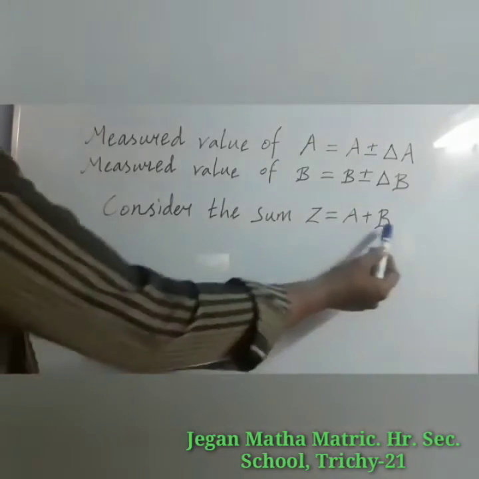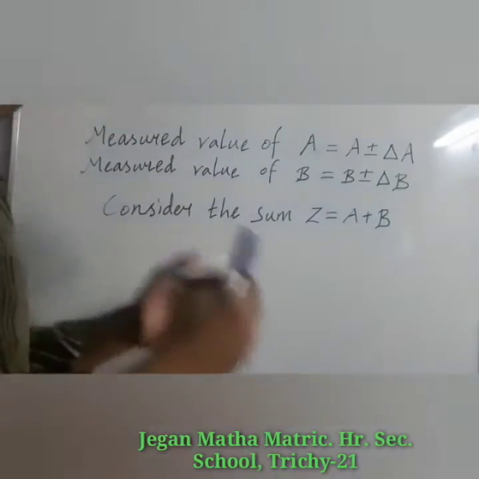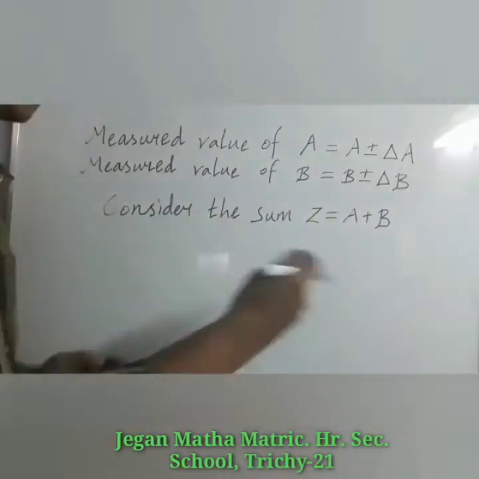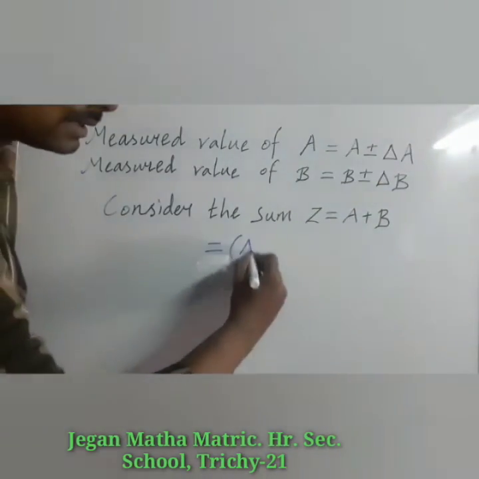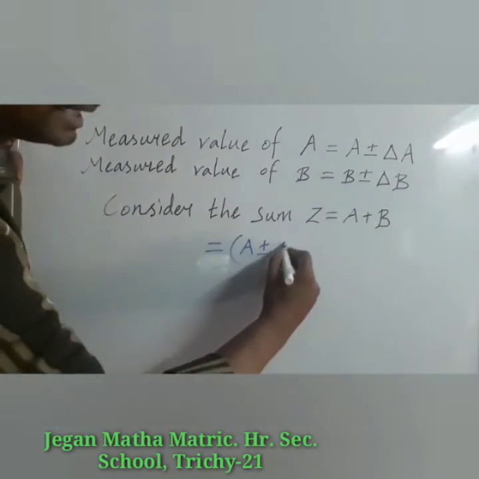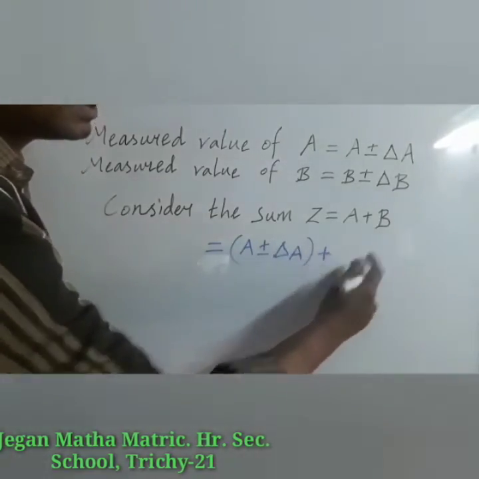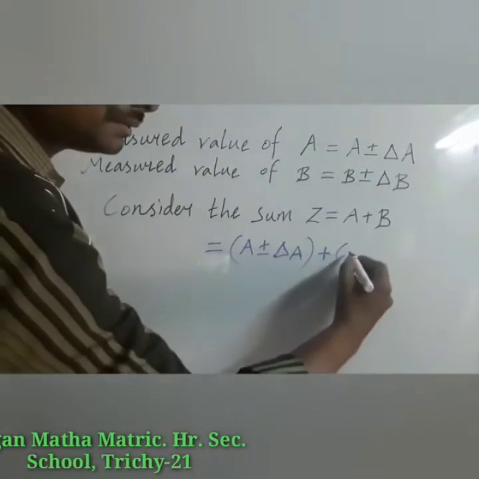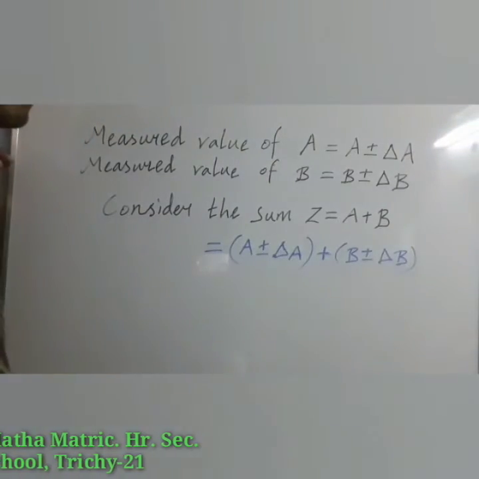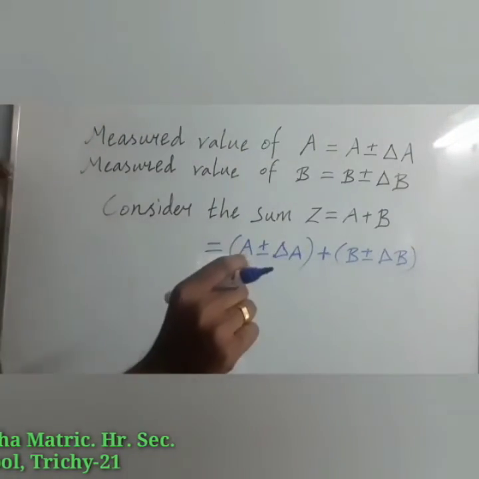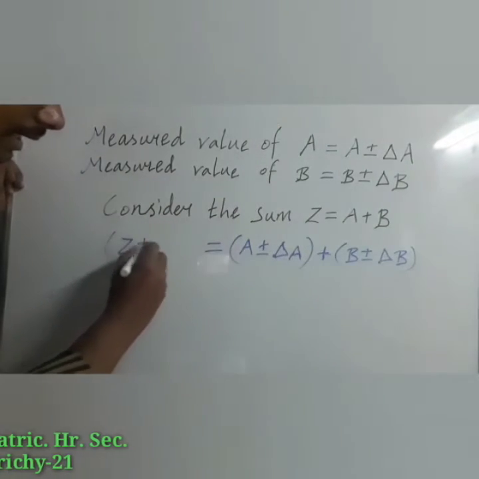Theoretically, the addition of the two quantities gives you the final result Z. But here the measured values of the two quantities have certain errors. So along with the errors only we are going to add. So on the right side, it's not A, it has some error also. So A plus or minus del A, plus B also has certain errors. So B plus or minus del B. On the left side also we can't get the exact Z value. In the final result also there will be a certain error. So let us take that as del Z.